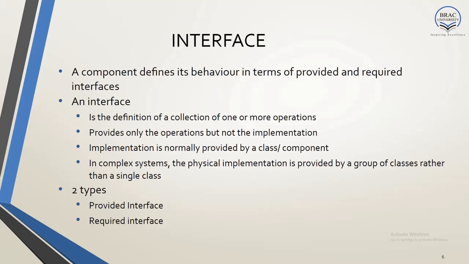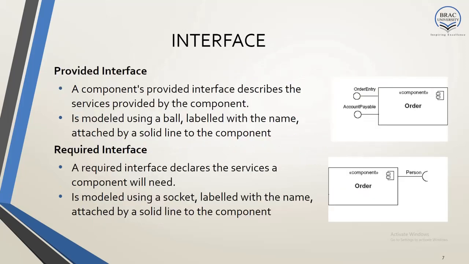So in a complex system, this implementation may be provided by multiple components rather than a single one. There are mainly two types of interface. One is the provided interface, another is the required interface. The provided interface basically defines what services or functionalities the component can provide to its environment, and